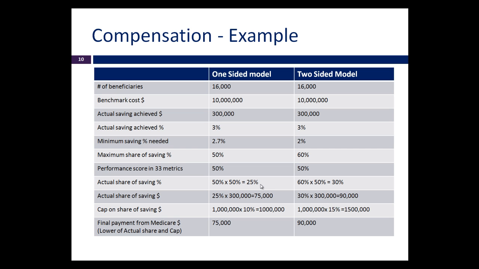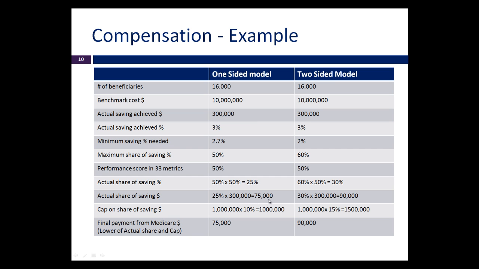So for the one-sided model, we multiply the maximum saving percentage, which is 50%, by the actual performance rating, which is also 50% in our case, which amounts to 25%. In other words, our one-sided ACO participant is entitled to 25% of the savings of $300,000 which it has realized. 25% of $300,000 comes up to